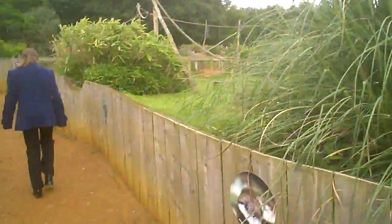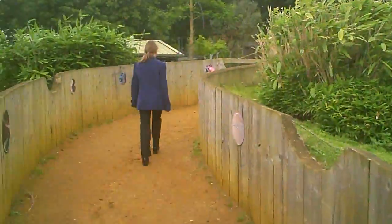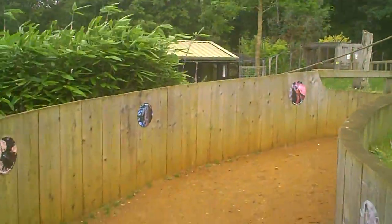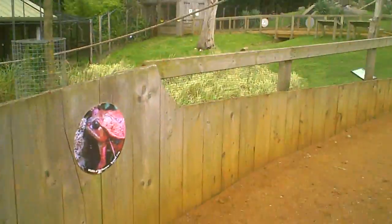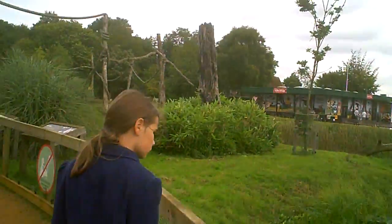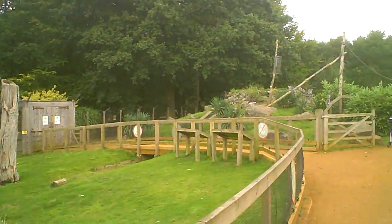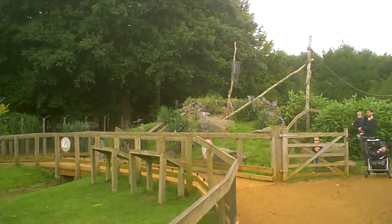And yeah, you've got your wildlife in Madagascar, the tree boa. So all of these things could be anywhere, jump out at you. This is like mini Madagascar, that's why they put some water around it. Danger, deep water. And we come to the lemurs. They're not always doing all sorts of things at all times of day, by the way, so